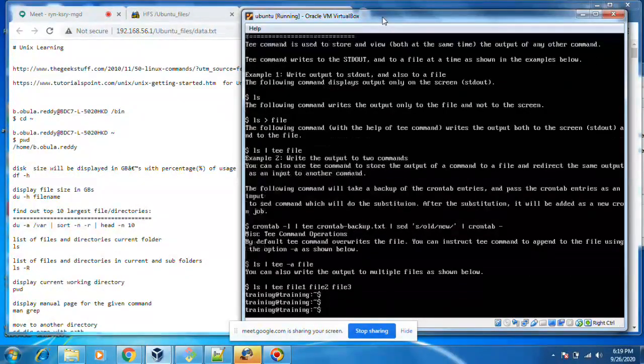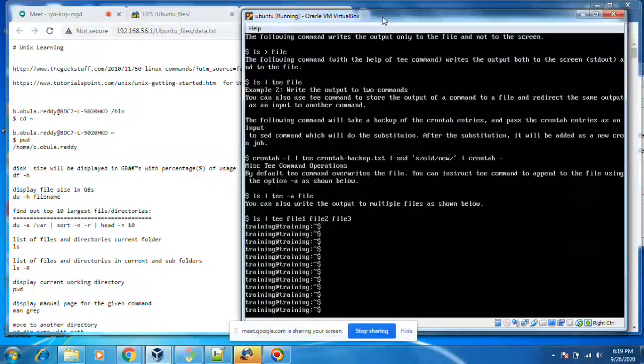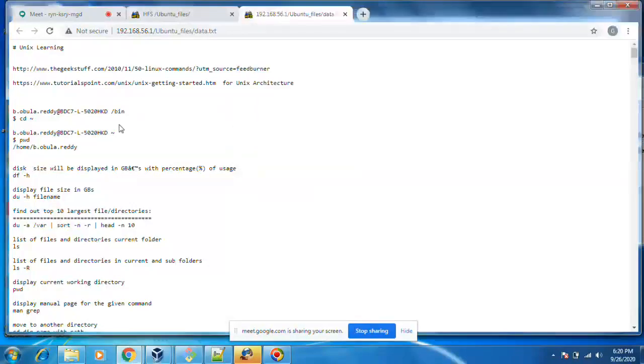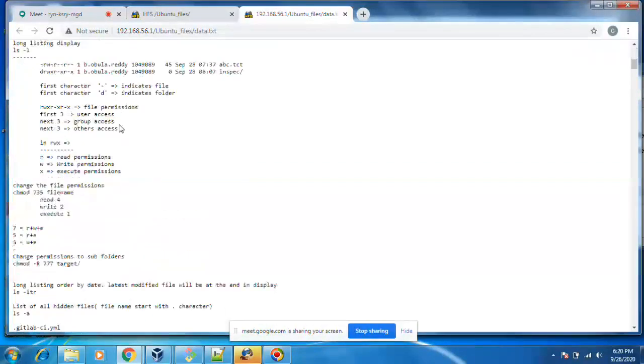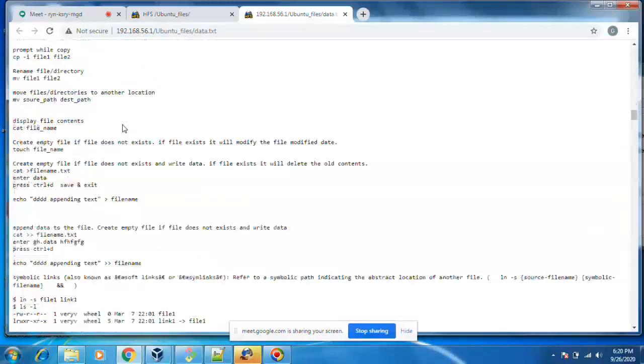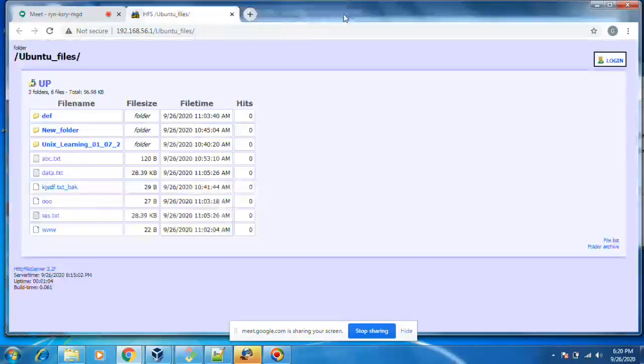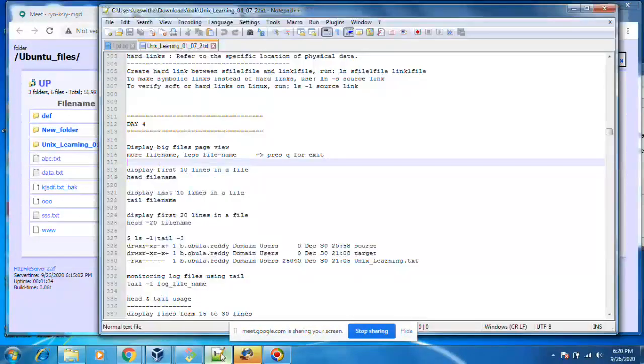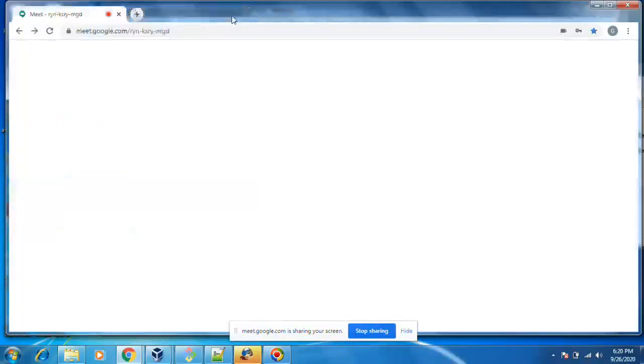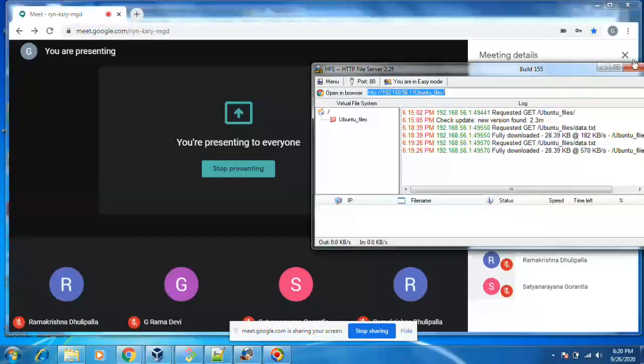Now I want to view one page at a time. You can use this more command. I can close this one. This is also not required.